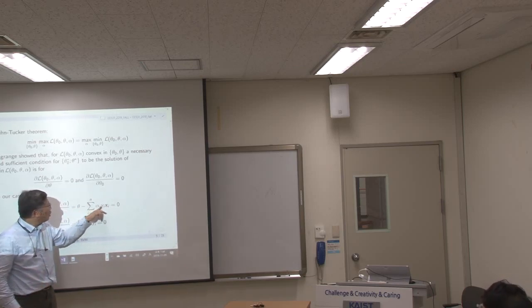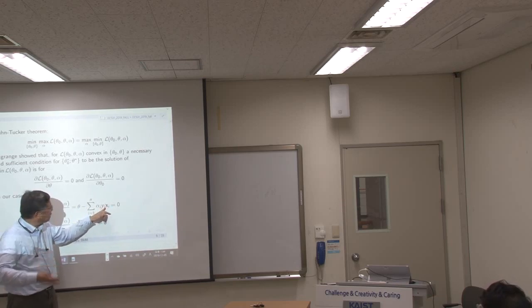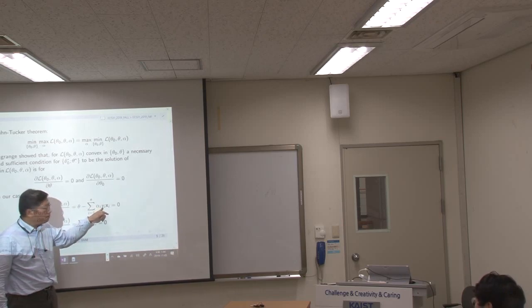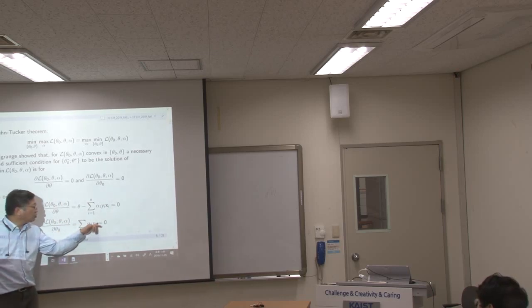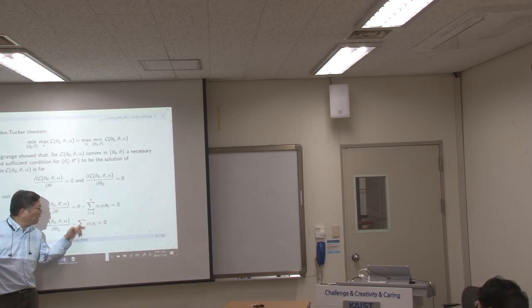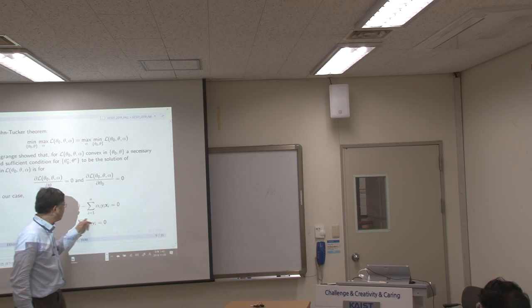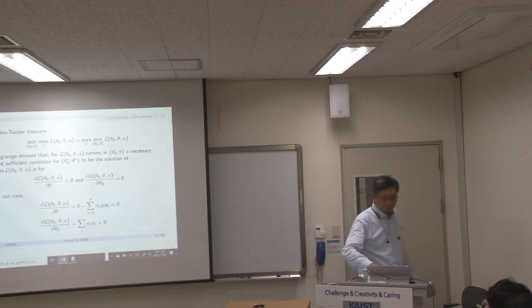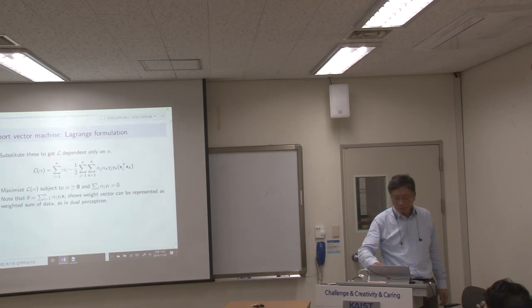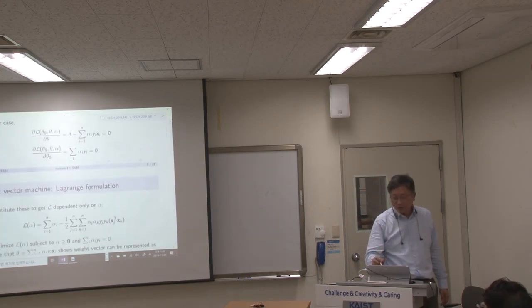Okay? So of all the training data that I'm given, positive and negative, I'm going to take the weighted sum of that. And it also has to turn out that if I take the weighted sum of the label only, it has to equal 0. That's the constraint of the alphas. Okay? So theta is equal to